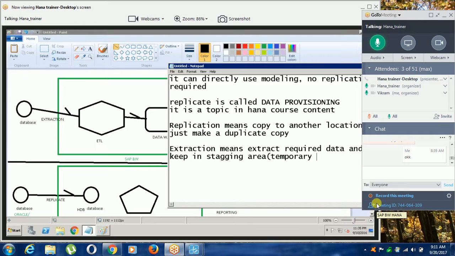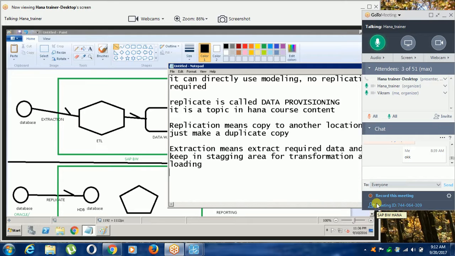Temporary area. Keep it in the staging area for transformation. You can say simply staging area for transformation and loading. That's it.